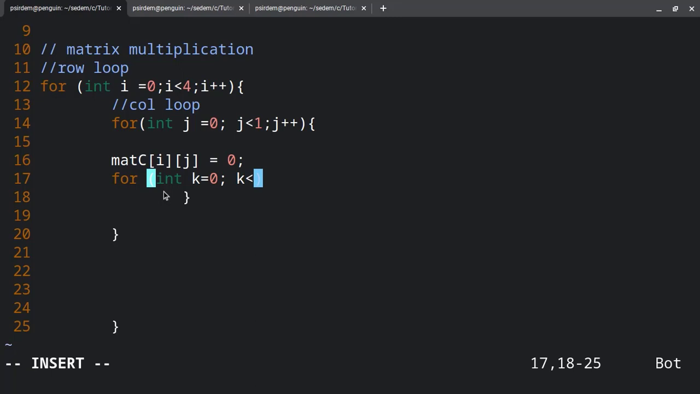So this time around K must be less than 5, right? And then K plus plus, right? Then it is from this loop that we would populate. So here we would write it in such a way that our mat C of I, J, the index I and J